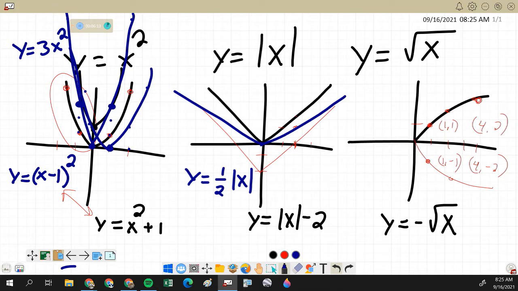Okay? What about the absolute value of x plus 2? We're going to move it left 2. So left 2, and then it would be up 1, over 1, up 1, over 1, up 1. Okay. All right,